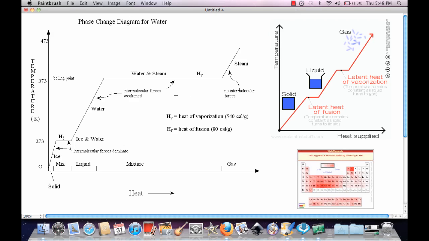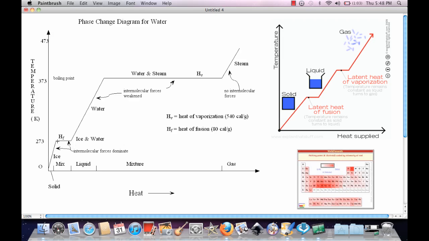So let's talk about the heat of vaporization and the heat of fusion. As you can see, the heat is increasing in this sample of water. As the heat increases, you'll notice the temperature will also increase, and it'll go in a kind of pattern like this. It's going to go to a certain point,